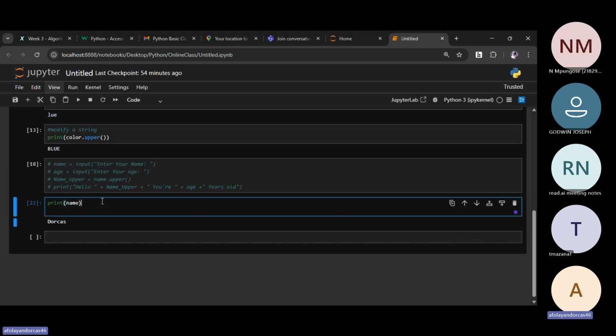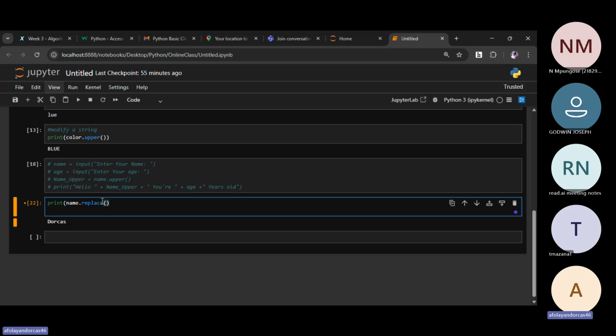So here, what I want to do is replace. There's something called replace as a method in Python. So I say name dot replace.